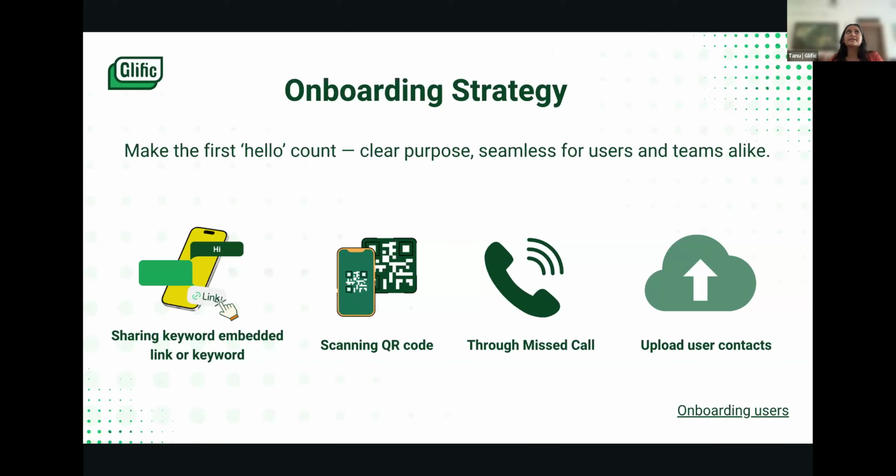Also, what could happen is that, unless it's actually told, users might not really save their chatbot's number, right? So after initiating a conversation, it's very possible that your chatbot scrolls down through your chat, and it's very difficult to retrieve it in future, again making it less likely for the user to come back. So is it something you want to consciously tell the users, that okay, you need to save the chatbot's number, and this is how you can initiate your conversation ahead, in case you need it? That's all something you need to include in your onboarding strategy if you want to do it through a keyword, right?